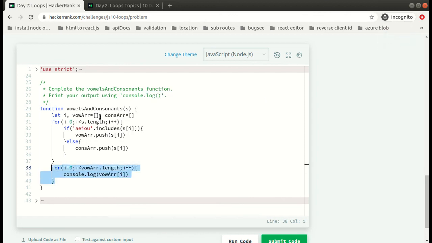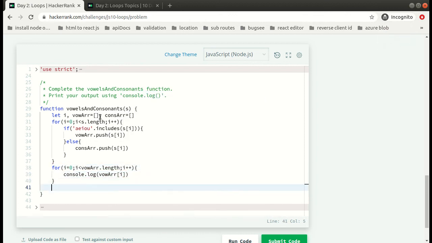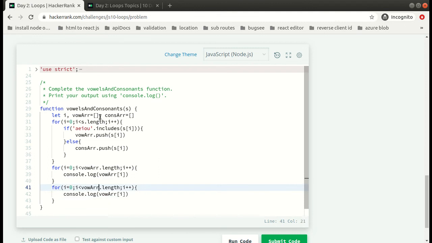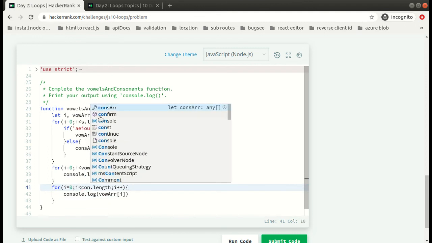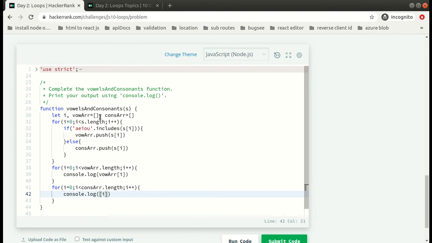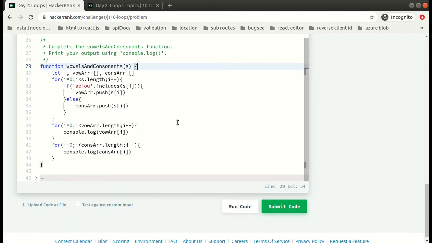And the same we are going to do for consonant. Just over here we have the consonant array, and over here also we have the consonant array. Now let's try running this piece of code.